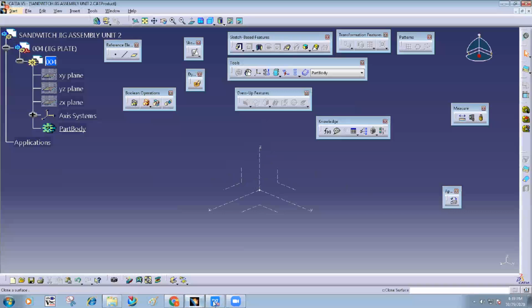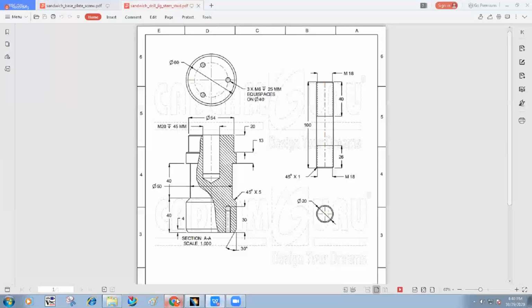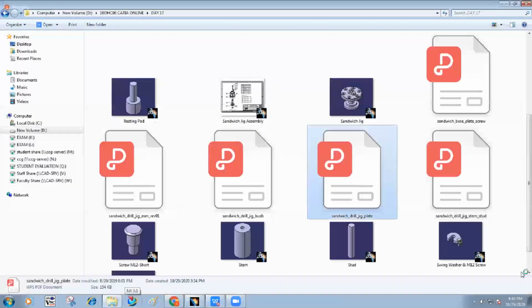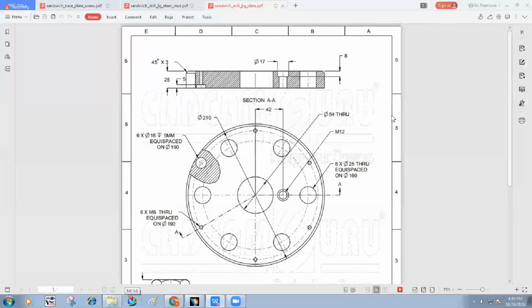Create the profile. That drawing I will open. Okay, sandwich jig plate. This one is that part. Take a screenshot of this part.